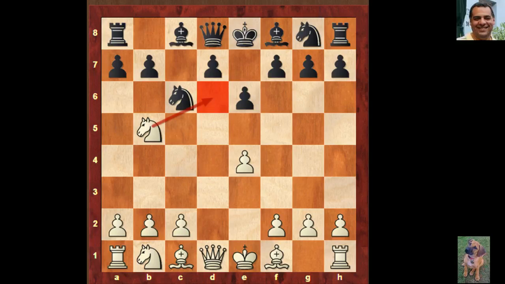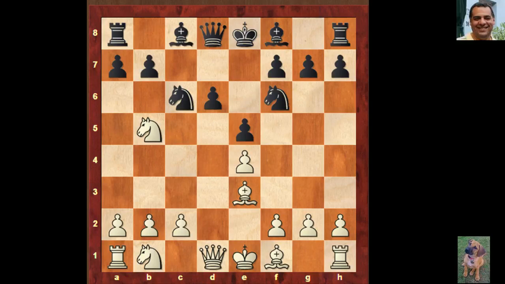What does black want to do about the d6 square? Well, d6. So we can actually transpose almost into a Sicilian Sveshnikov, but here we have bishop f4, and black played e5, and the bishop just went back to e3. So this is the most common. Knight f6. Now bishop g5,